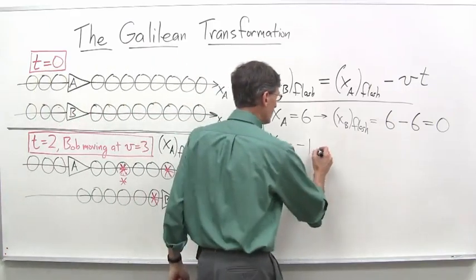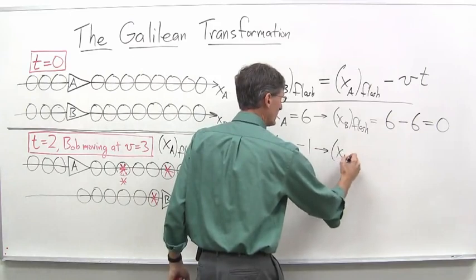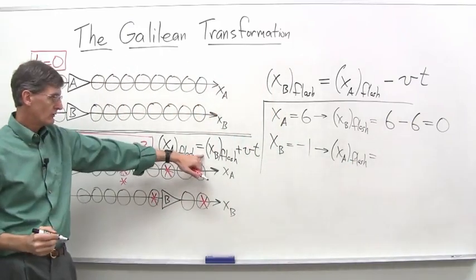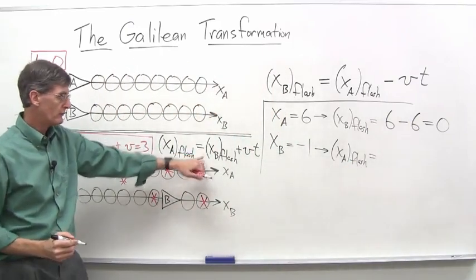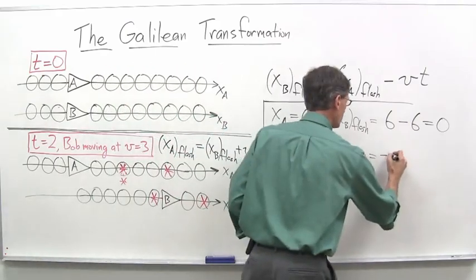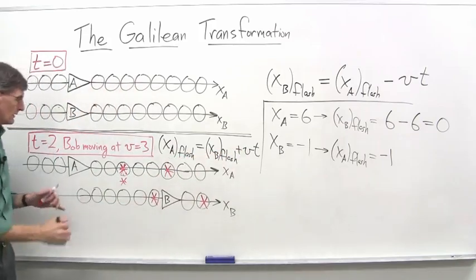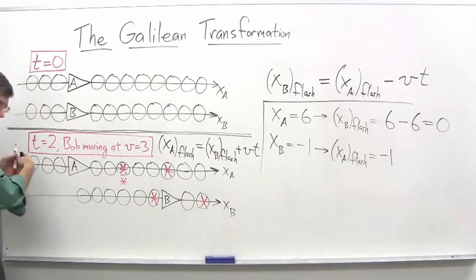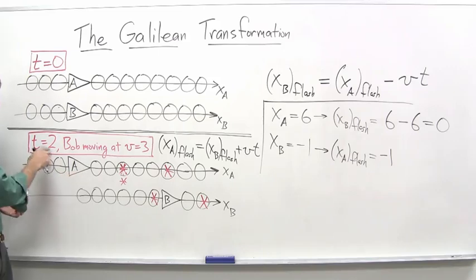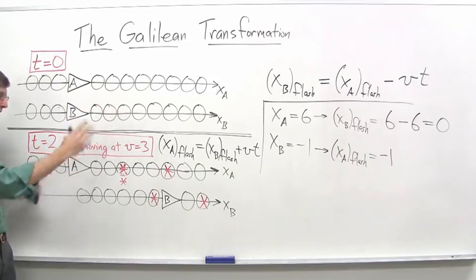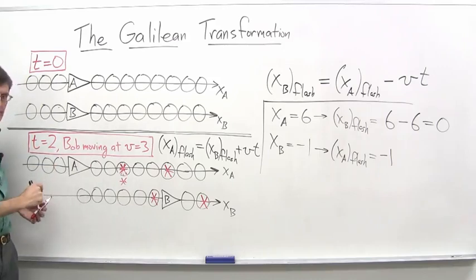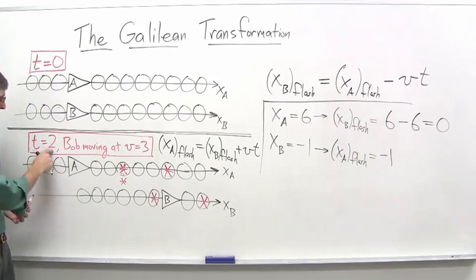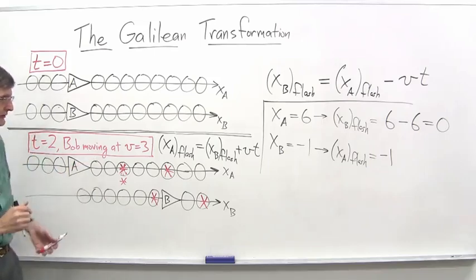So we say that xa of the flash is, here's the equation, Bob's coordinate that he observed, which is -1, we're told. -1 plus vt, again, vt being 6, 3 times 2, 3 meters per second times 2 seconds. Again, if we were doing this at different times, we'd have a different time here. If we're doing it at 5.5 seconds, then it'd be 5.5 here. Velocity would still stay the same for our example. Always you can change the velocity as well for different examples, but we're doing t = 2 seconds, velocity 3,